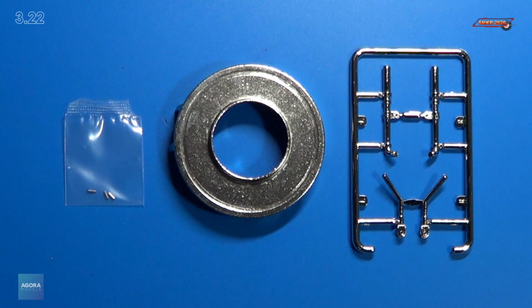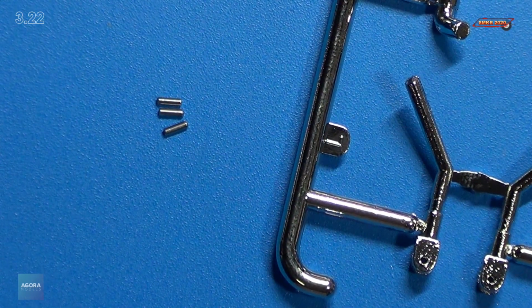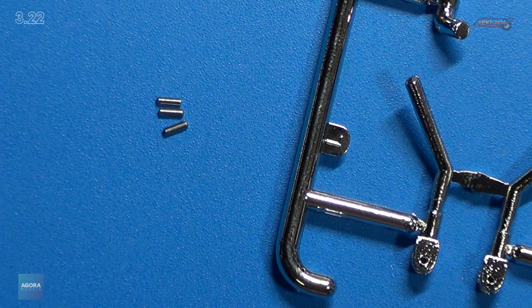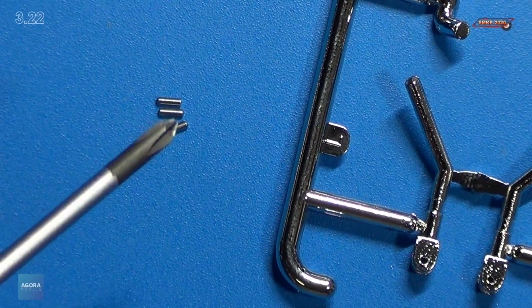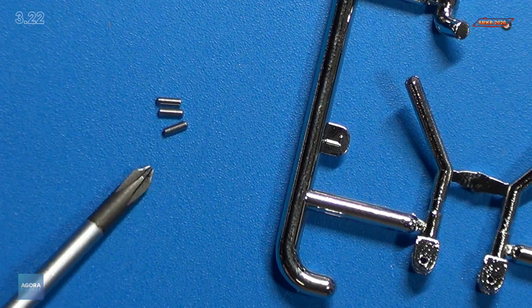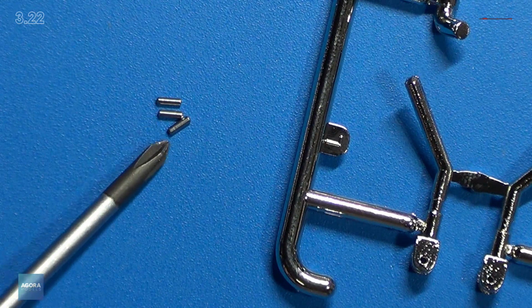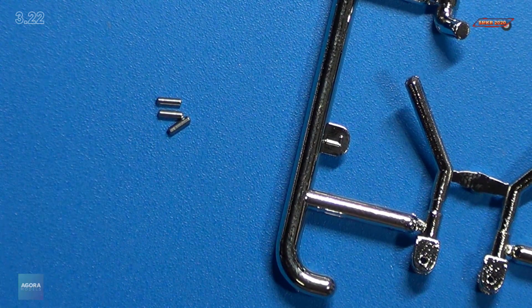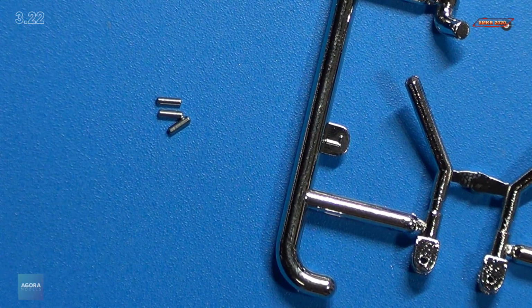Alright, let's get started. Here's a close-up of those pins. After doing a little investigating with those pins, they must be aluminum and they're non-metallic. Here's my magnetized screwdriver, and notice they're not attracted to the screwdriver. So don't worry about having to use non-metallic tweezers or anything like that. Let me